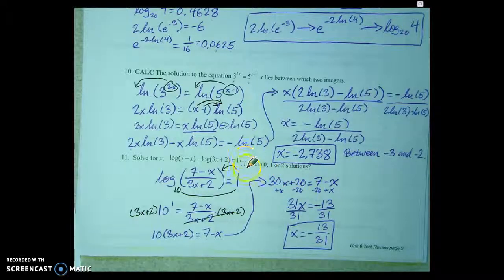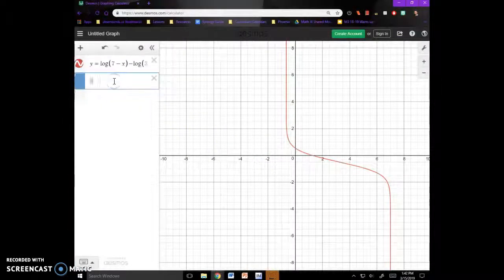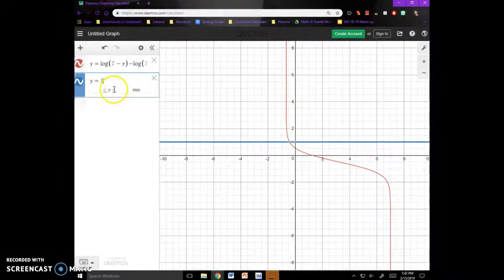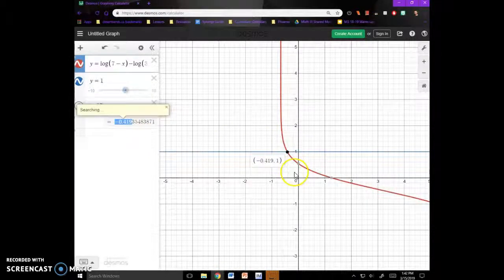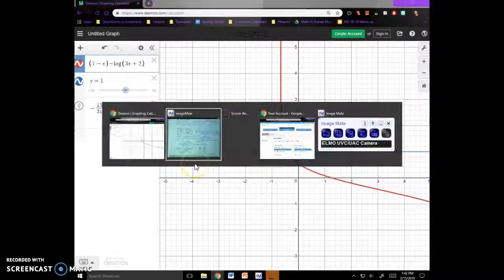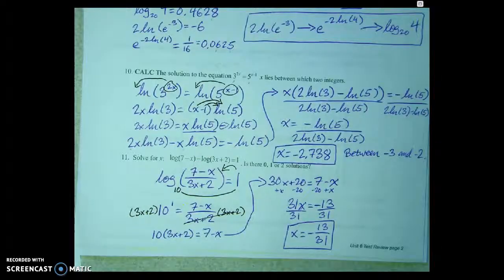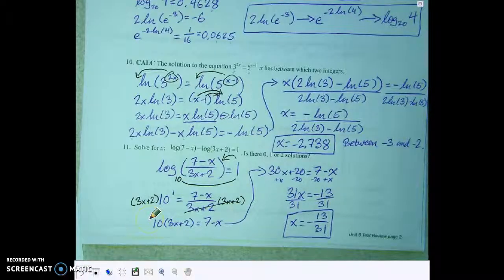The next function we're going to create is y equals 1. And we're going to see if those guys meet at exactly negative 13 over 31. It looks like they intersect right there at negative 0.419. I don't know if that's negative 13 over 31, but let's find out. Negative 0.419 is in fact equal to negative 13 over 31, so we know that because those graphs intersect right at that point, that negative 13 over 31 is good. So that was our value. We ended up with just one solution,